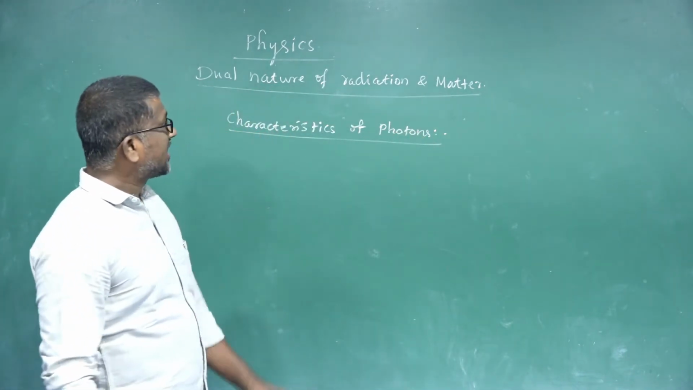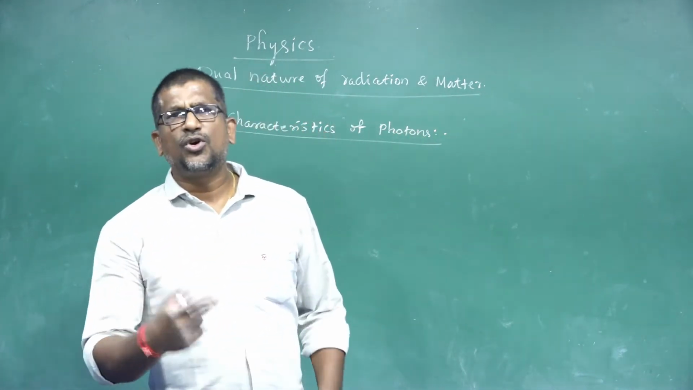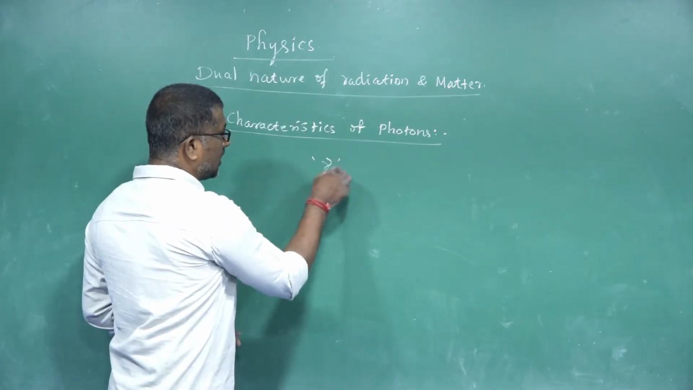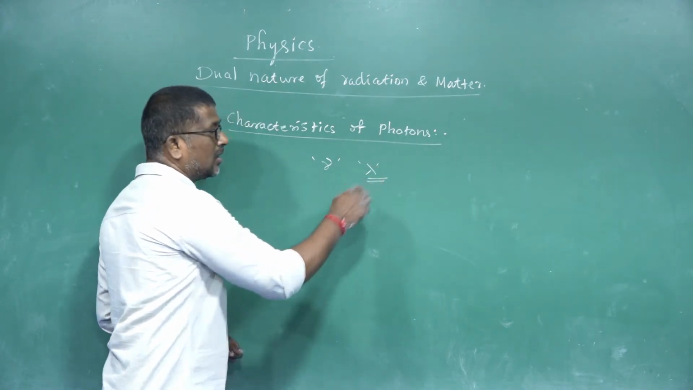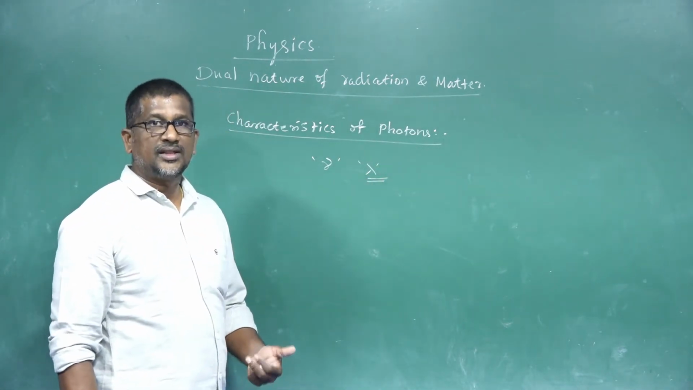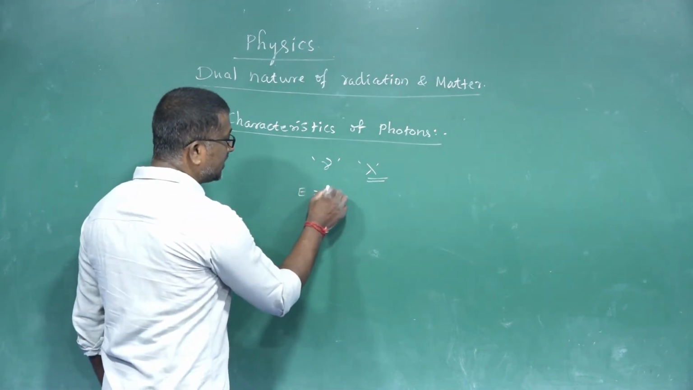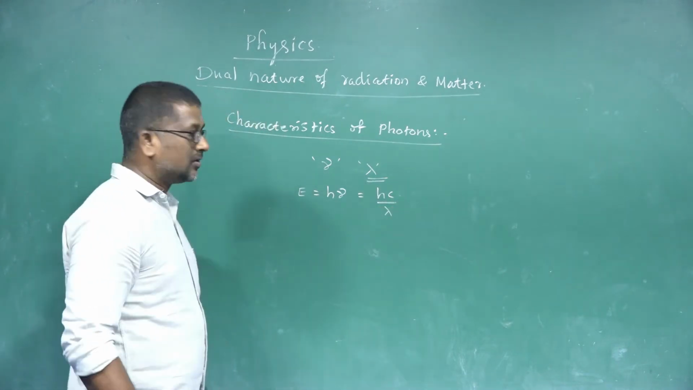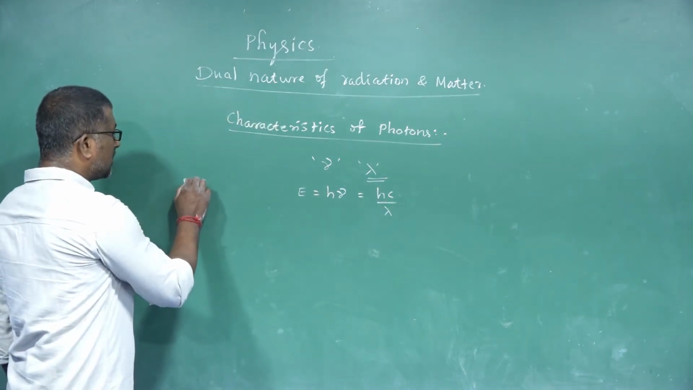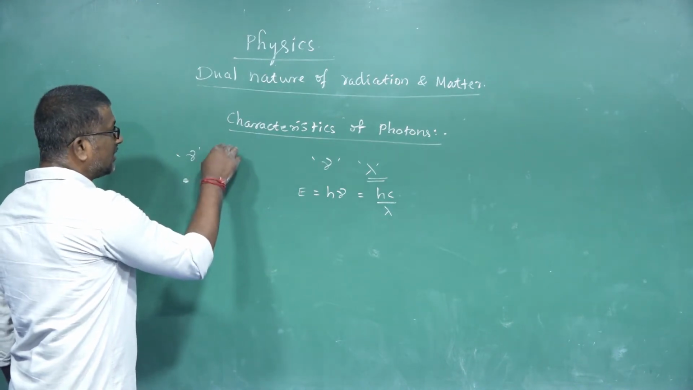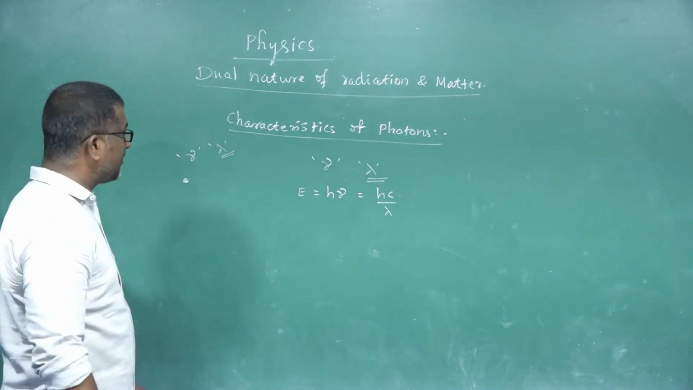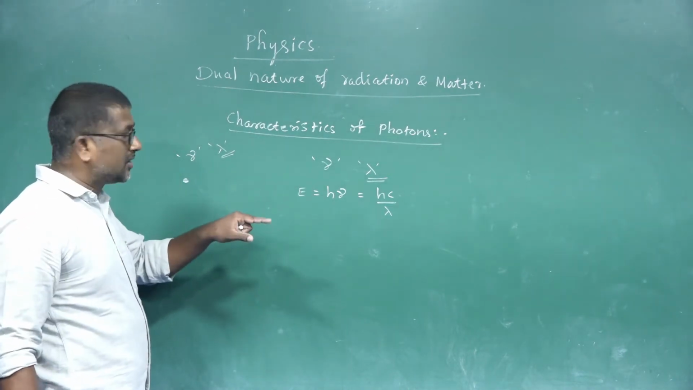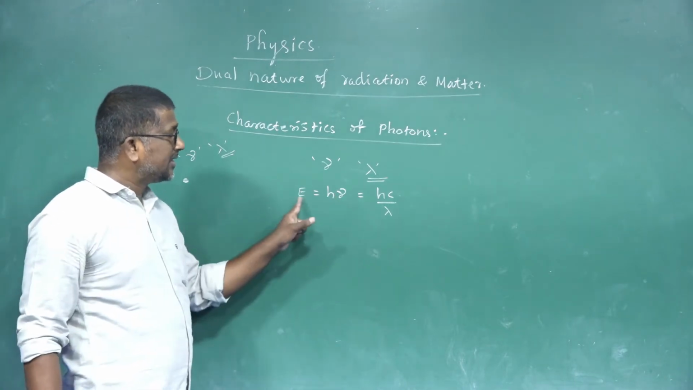Right, so the first characteristic. A photon of light of frequency nu and corresponding wavelength lambda will have energy. The energy of the photon is given by E is equal to h nu, or E is equal to hc divided by lambda, right? If any radiation has frequency nu and corresponding wavelength lambda, that radiation consists of photons in it. The energy of the photon is given by E is equal to h nu, or E is equal to hc